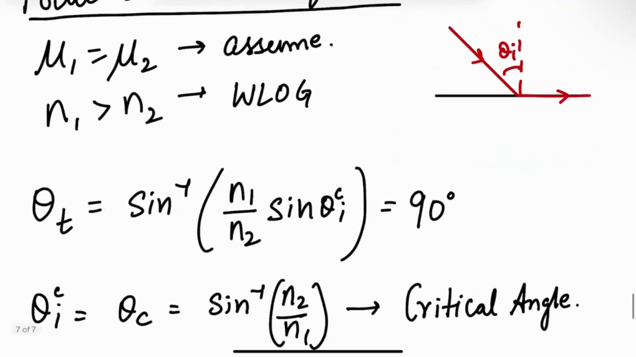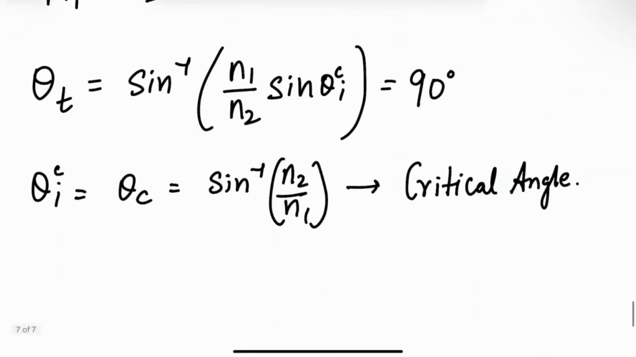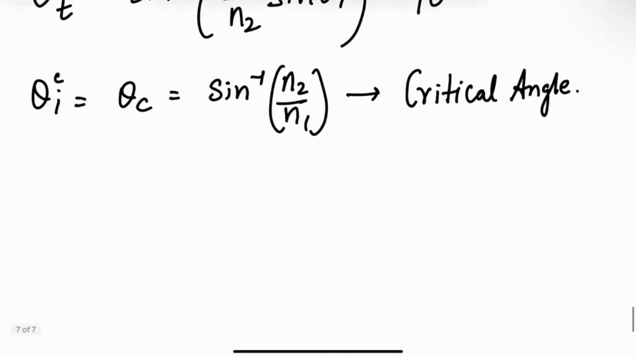Beyond the critical angle, if I come in at an angle beyond that, then all of the light is reflected back. And that's called total internal reflection. So we want to see what happens to the transmitted field E_t